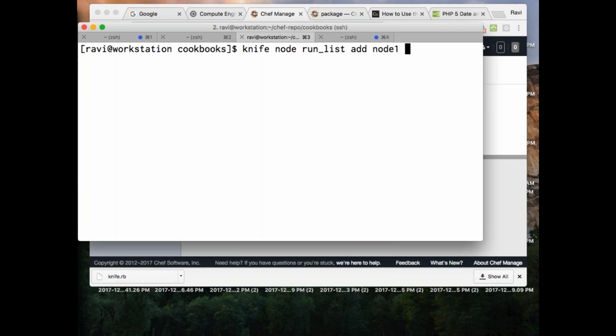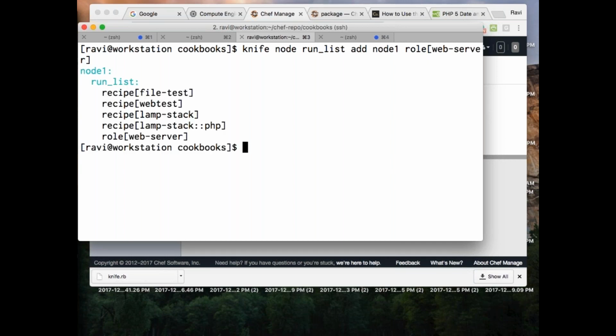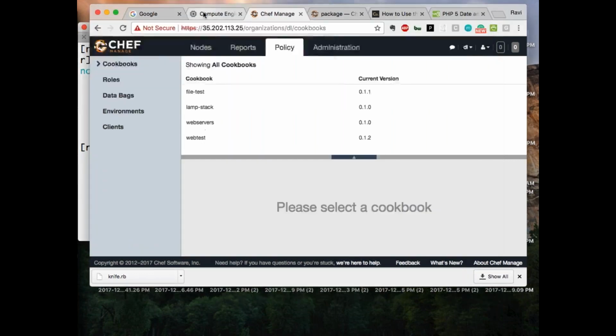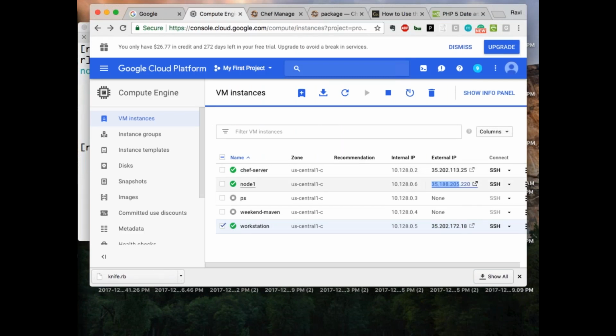What's the role currently? I think we have given web server, isn't it? Yep. I have given a role called web server right now. Now I'll simply go to my client machine.